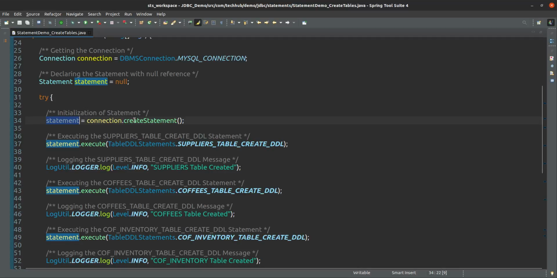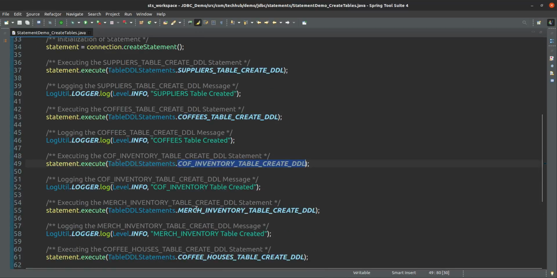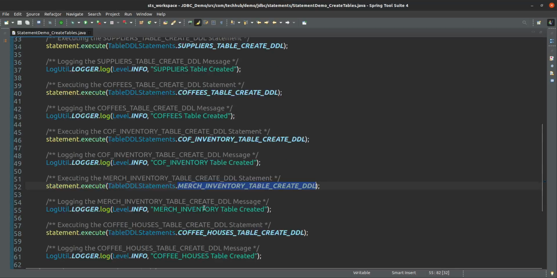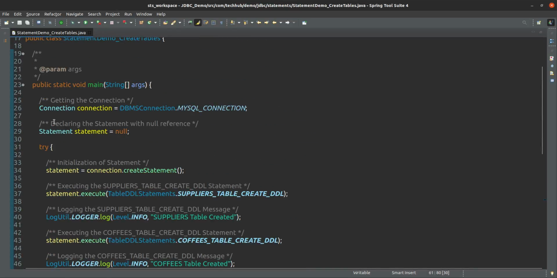So that statement we are using to create the table. Supplier table we are creating, coffee table, coffee inventory table, merch inventory table, and coffee house table. So these tables we are creating using statement only.